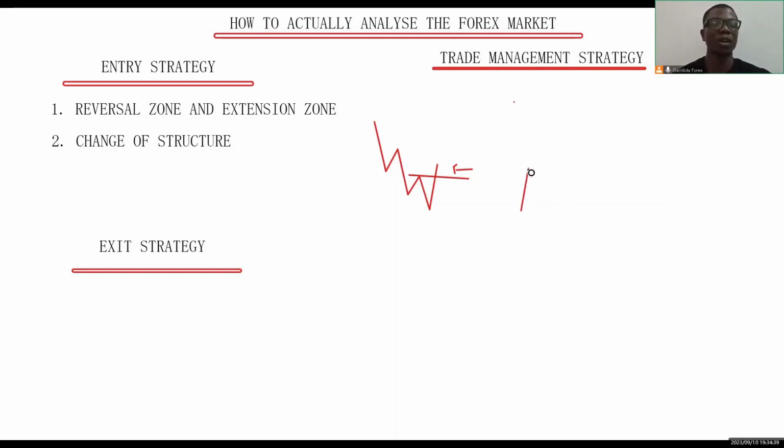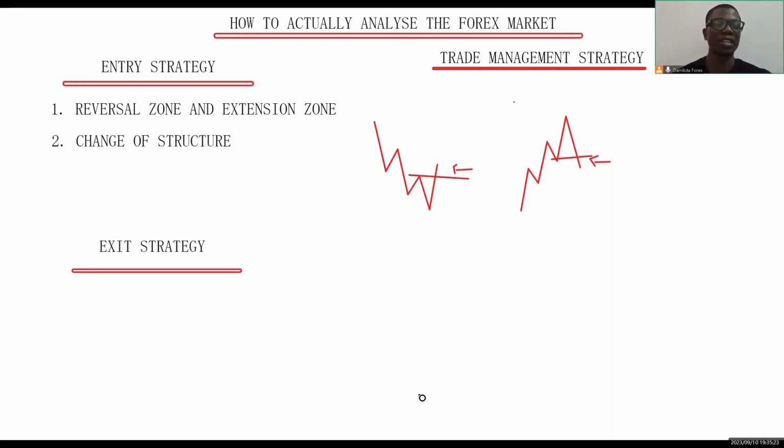This is also the same on the bullish side. If price is moving on the bullish side, I make sure that this bullish structure is violated. A violation of this structure is what is going to give me my entry point. So if I'm going to sell, I make sure that there's a violation of a higher low. If I'm going to buy, I make sure that there's a violation of a lower high. So I need to see a change of structure, and change of structure is